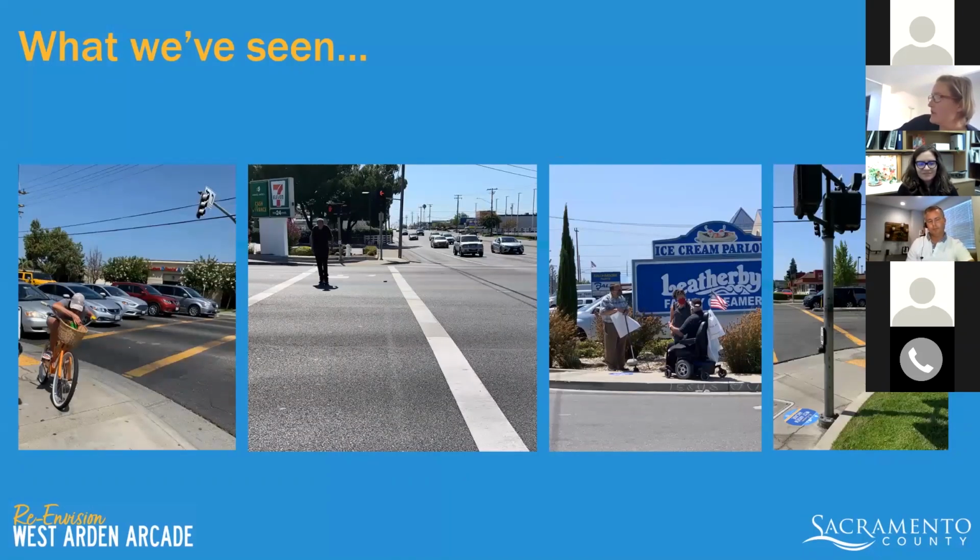And yet we know, in this slide, we've definitely experienced, I've been out there with county staff, I've been out there a couple times, and we know people want to walk or roll in the area and access key destinations throughout the community. These four photos illustrate the different types of people trying to navigate the streets, from a cyclist on the far left image who isn't really sure whether she should be on the street or sidewalk. We see that a lot in the study area. Or to someone who's crossing a busy intersection at Fulton and Arden Way and not sure he's going to make it to the other side before the pedestrian signal stops.